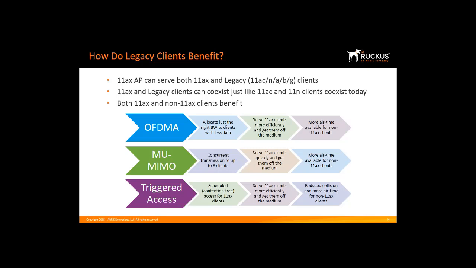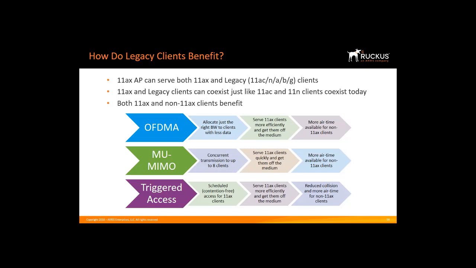The way it will happen is we all know about beacon intervals, which come every 100 milliseconds. The AP will say that I'm going to use my first 40 milliseconds of the beacon interval for 11ax devices and tell all the legacy devices that no one talks for the first 40 milliseconds. These are the two carpool lanes. Then I start doing the scheduled access for 11ac devices. They get served, they go to sleep, and vacate the medium, and for the remaining 60% of the time, they don't speak to anyone, so it makes life easier for all types of devices.